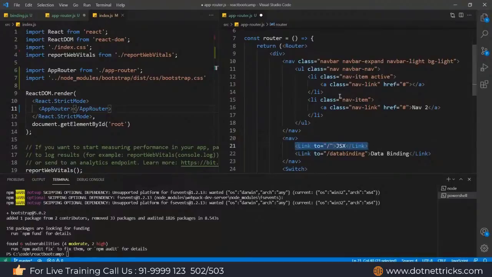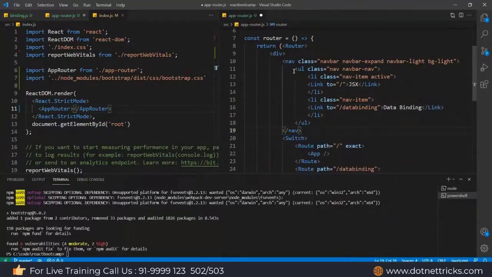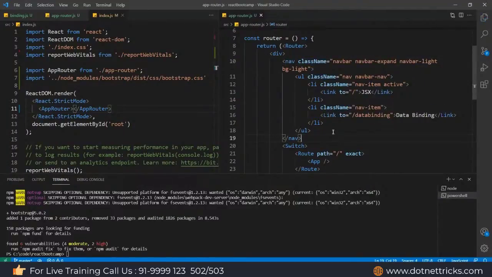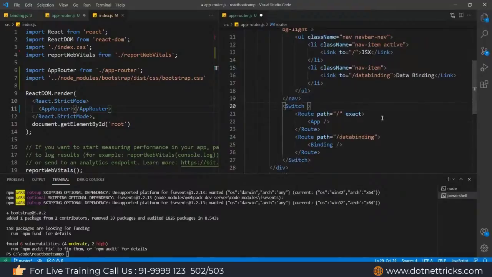In place of anchor tag, I'm using this li, and in place of this one also I'm using this li. And this navbar is actually in pure HTML. So wherever we have the class, I need to change it to className this way. I just changed it. Now here define the CSS class. So className would be container. Container is a class which I need to add here.